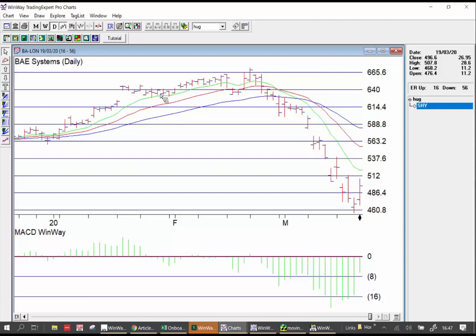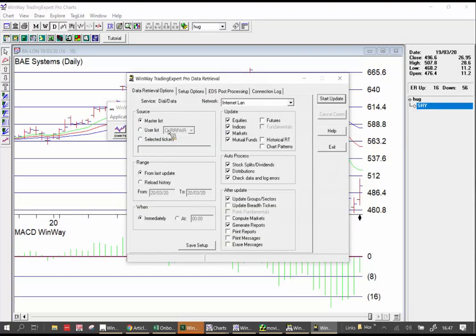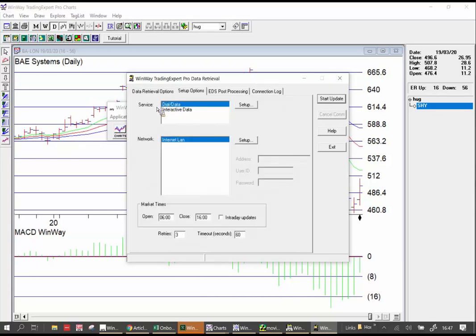Again, I'll go to your main menu and go into COM. COM is where you update your data. Now in the trial you won't use this. This is the only feature you won't actually use because you don't have a username and password. But if you are trading, if you have a subscription, you will go to setup options and then go to dial data, service dial data, setup, and input your credentials in here. Your user ID and your password, which you are given when you subscribe. That will